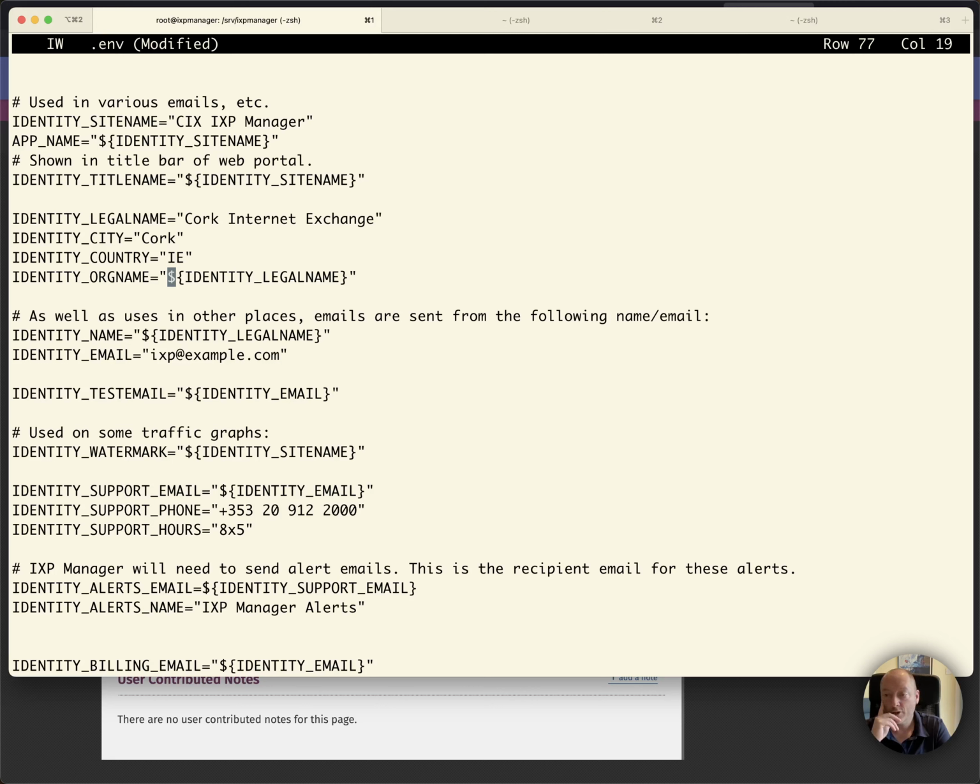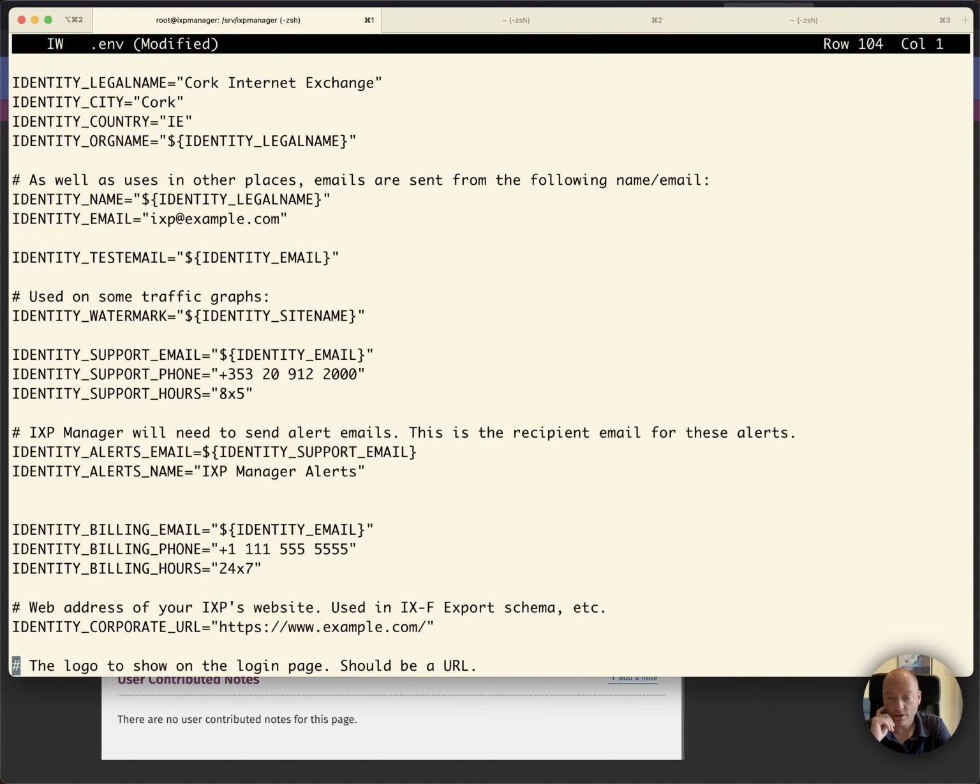The org name is just set to whatever the legal name is set to here, or else you can change it. Identity name is set to the legal name as well. Then we've got an email address for how we should be contacted. That email address is used as a test email. A watermark for our graphs is just set to KIX IXP Manager. We have a support email that inherits that, with a phone number, support hours 8x5, support email,